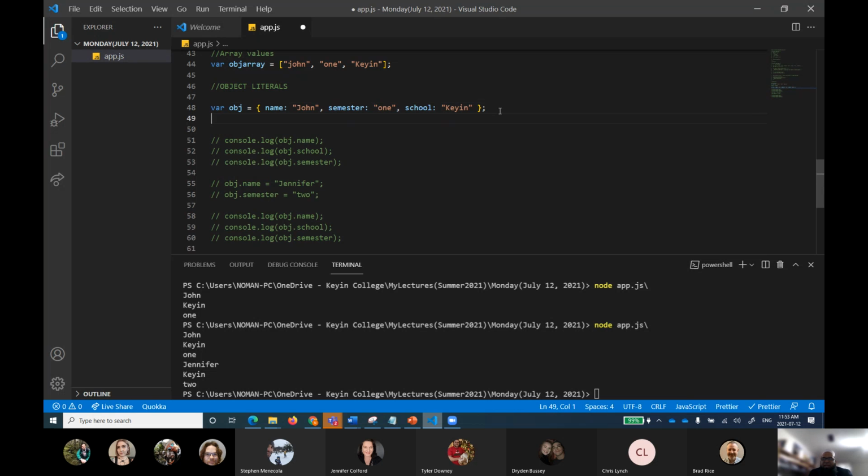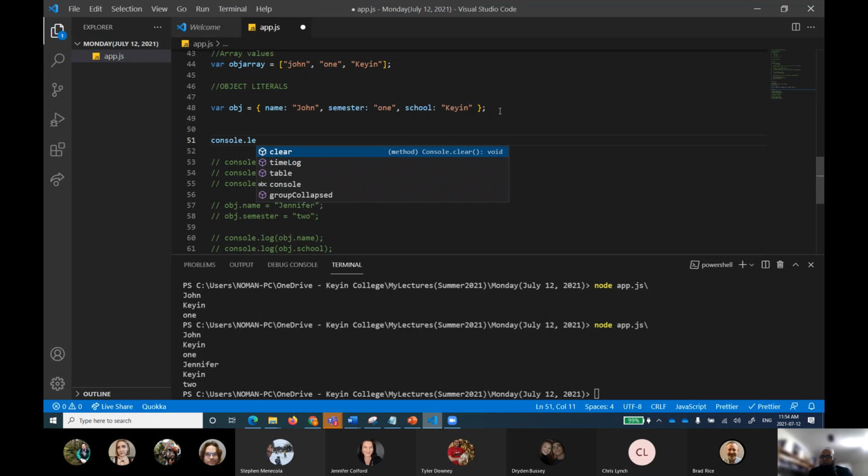Now, this same thing can be written in another form. This is very interesting. Since this is not a normal array, this is an object literal, I can use another syntax of accessing those values. And what was that syntax that I showed you previously? If I say obj, I can print dot and I can have all those values. No, I don't want to use that. I can access them in array-like notation as well.